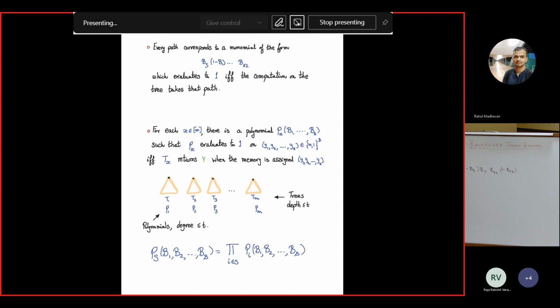For each leaf here which has a 1, there is a path. For each path, you build this monomial and add them up. We get a polynomial in these variables B. How many such variables are there? S of them. So this is a polynomial of degree at most